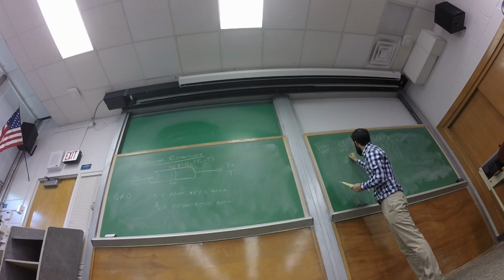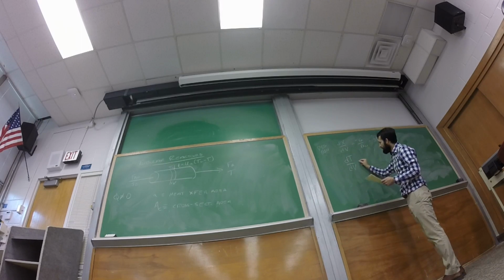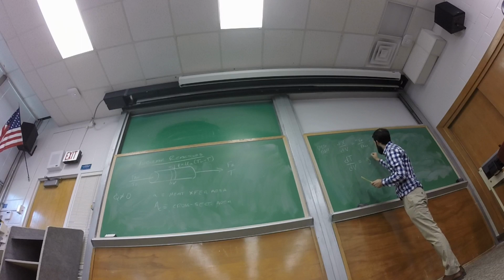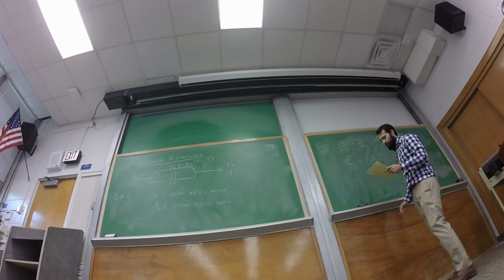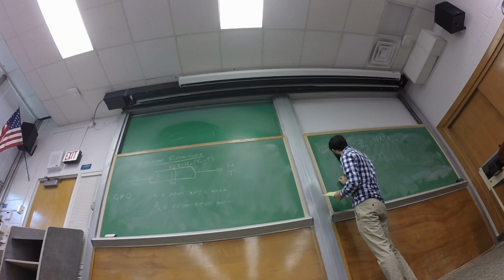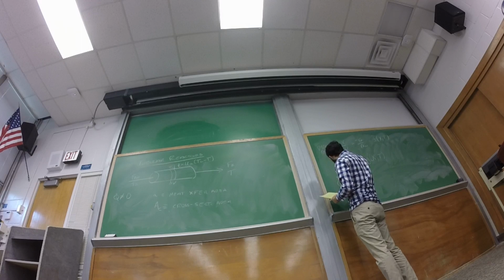And now we have another equation that we have to worry about, dT/dV, which is another function of both conversion and temperature. And so if we write out our energy balance that we had previously,